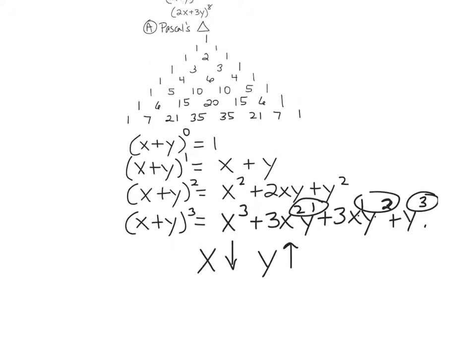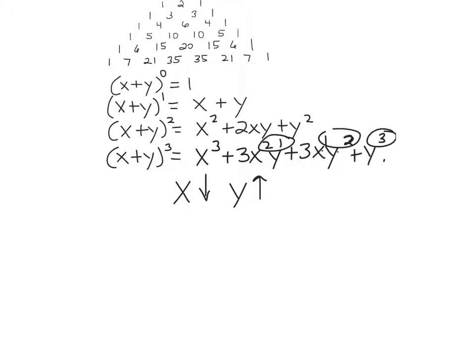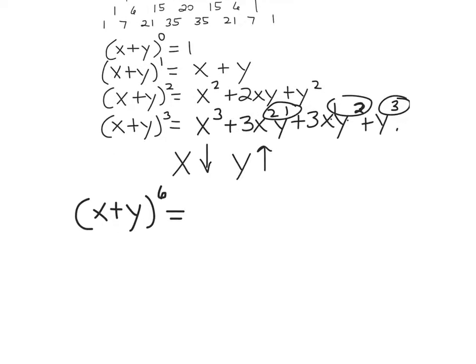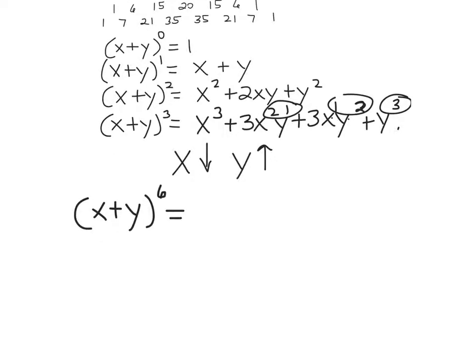All right, so knowing that, let's go ahead and test it out. Let's take x plus y and raise this to the 6th power, and let's see if you can do it. So we're going to go to row 6 of Pascal's triangle, which is 1, 6, 15, 20, 15, 6, 1. This is going to be a lot. Are you ready for it? Okay, so we normally don't write 1. So we'll write 1 x to the 6th